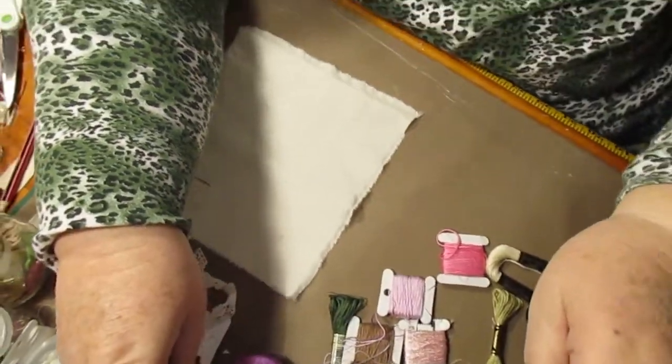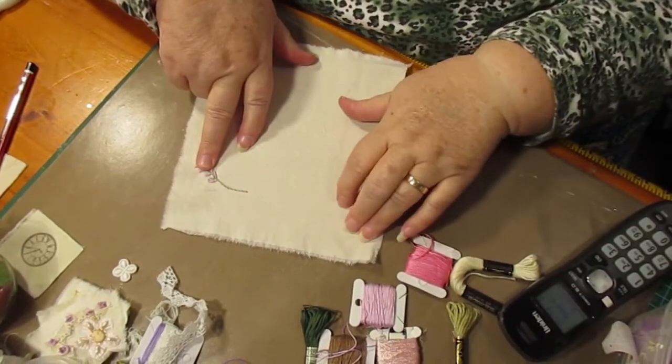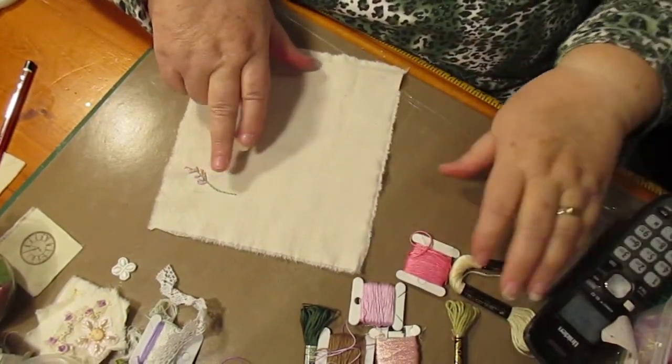Whoops, there. I've got this thing waving around. I'm going to show you now. I've had to answer the phone and do a couple of things because now I'm back,